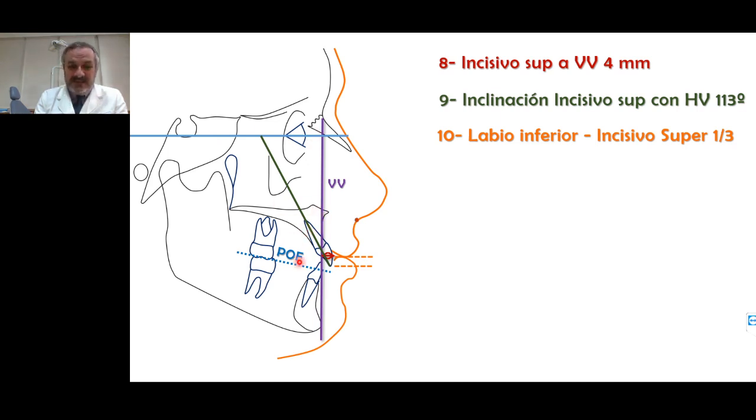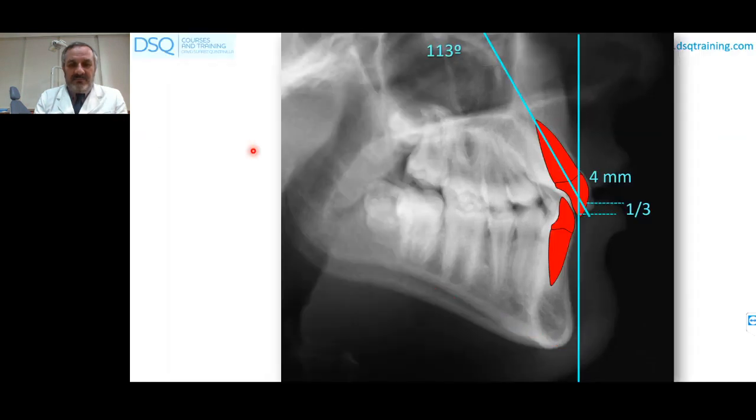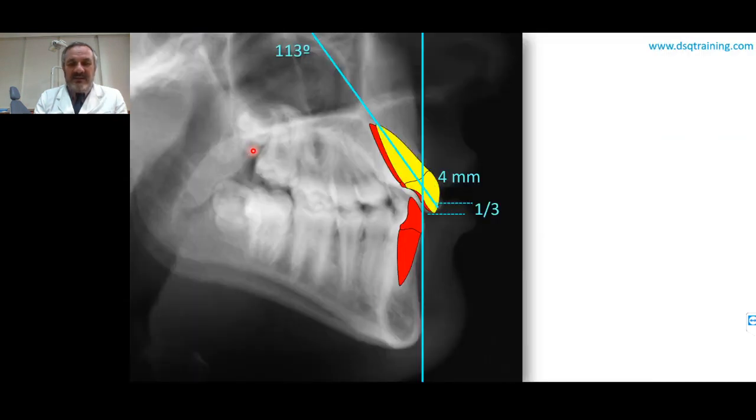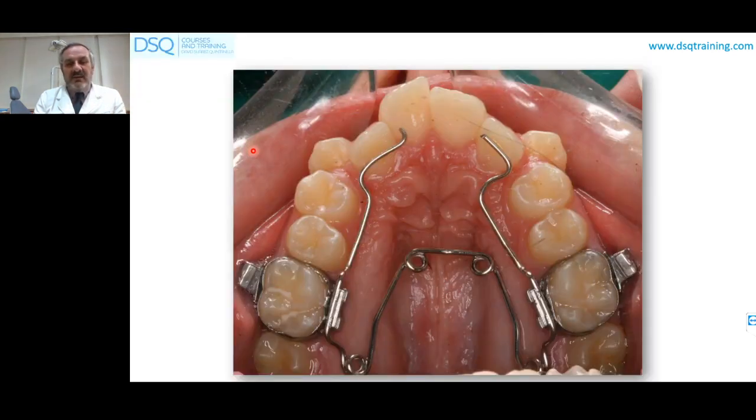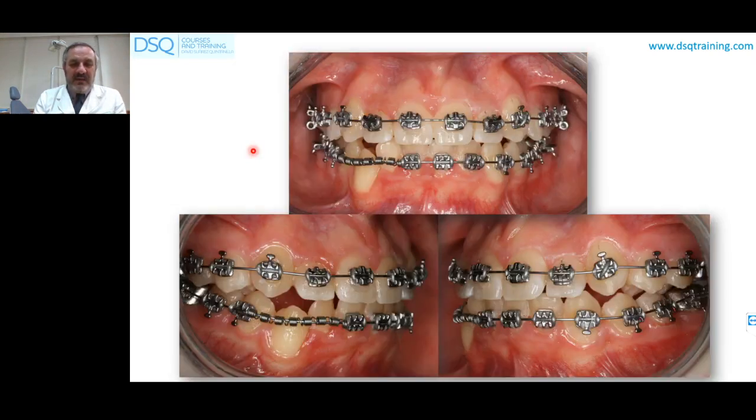I think this measurement is very interesting to control the position of the upper incisor in relationship with the Frankfurt or with the true horizontal, the lower lip, the interincisal angle, and a lot of measurements. Okay, what is the advantage of this patient? It's possible to move forward the upper and the lower incisor, expand the protrusion of this case,